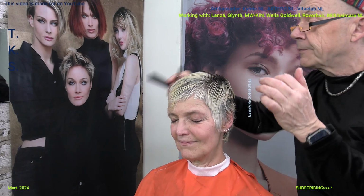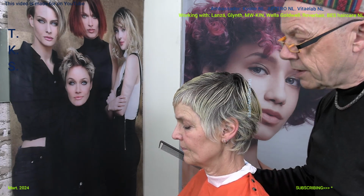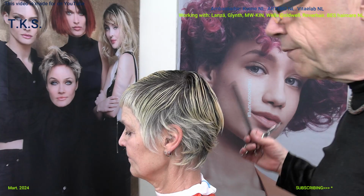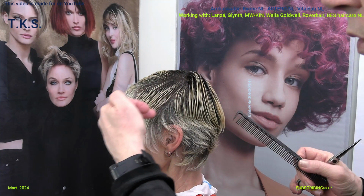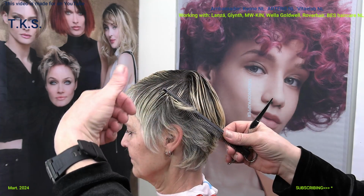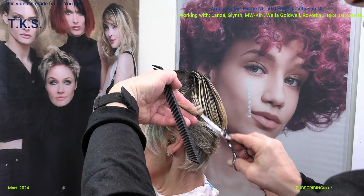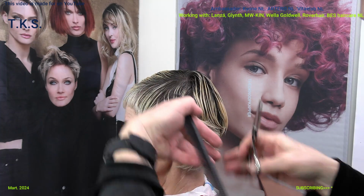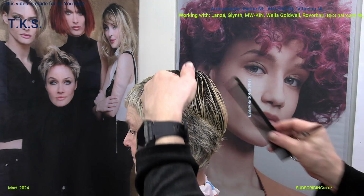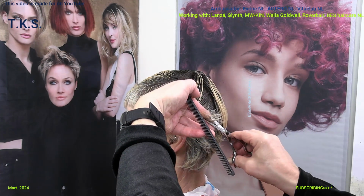Slicing the ends. Before I start on the side, I go to the back, because I have to follow the roundings. I know where I went and I can see the line of cutting on top, so I can go there and then go into that line and set up my baseline for my cut. So I know how to travel to the back